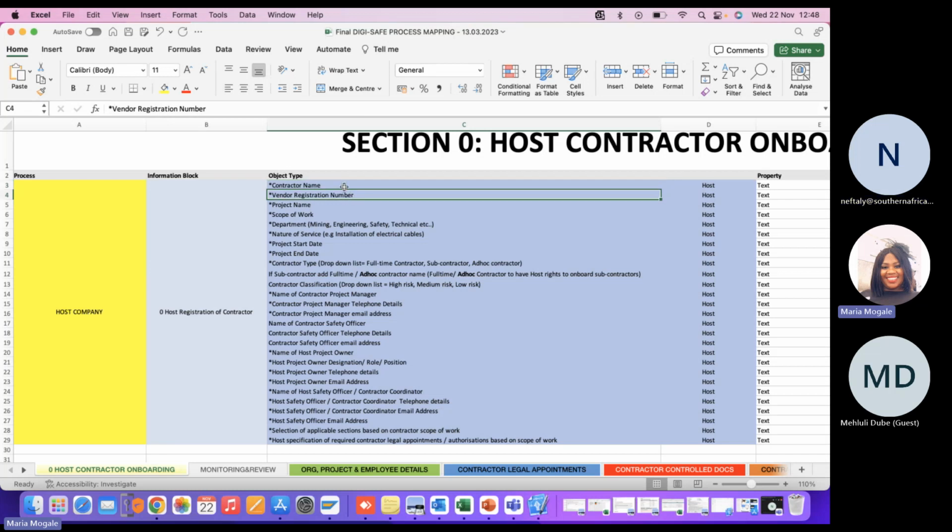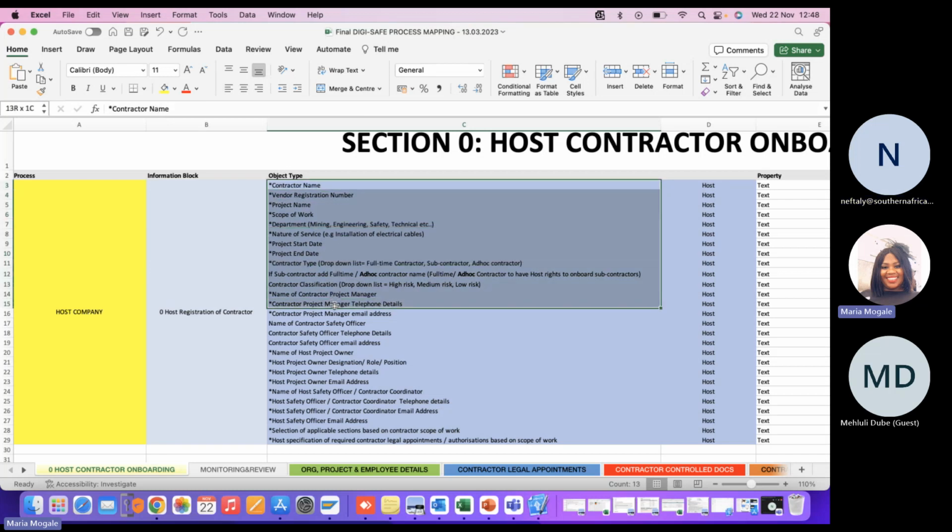Because remember, this is part of what was sent through prior when the tender was issued. So let's forget the project thing happening from the other side. It's already created and it's already been awarded to somebody else.